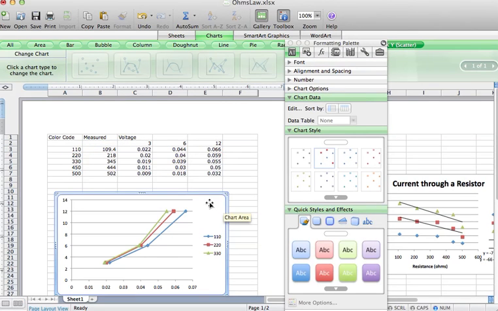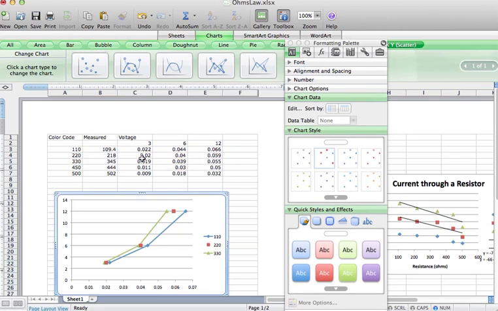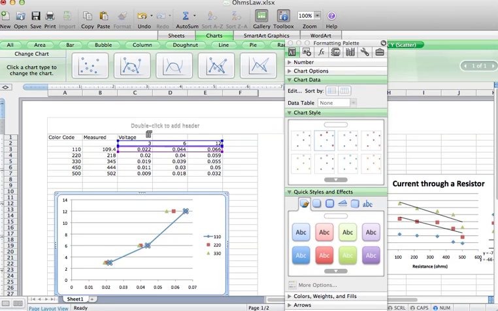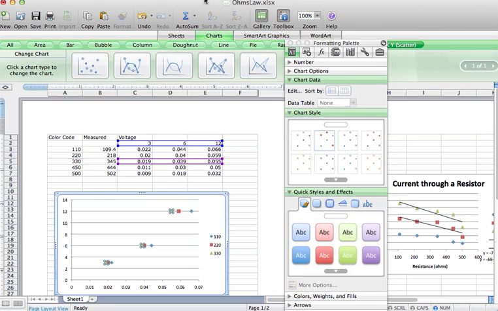And then I want to click on this and go back to this chart up here and click it again to get rid of that connect the dots. We never want these points connected like a connect the dots because we're going to put in a best fit line. I'm going to get rid of all those. And then I'm going to do what I just did on the last chart, which is choose a piece of data, go right up here to where it says chart, add trend line,